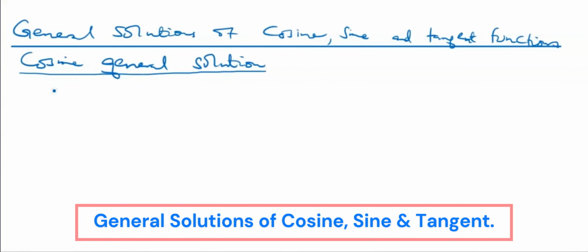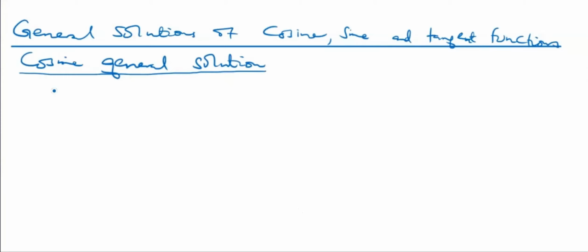In this lesson, we're looking at the general solutions of cosine, sine, and tangent functions. So let's start with the cosine general solution. Let's say I want to find out the value of x of a given cosine function. So this is the general equation: 2n pi plus or minus cos inverse a,